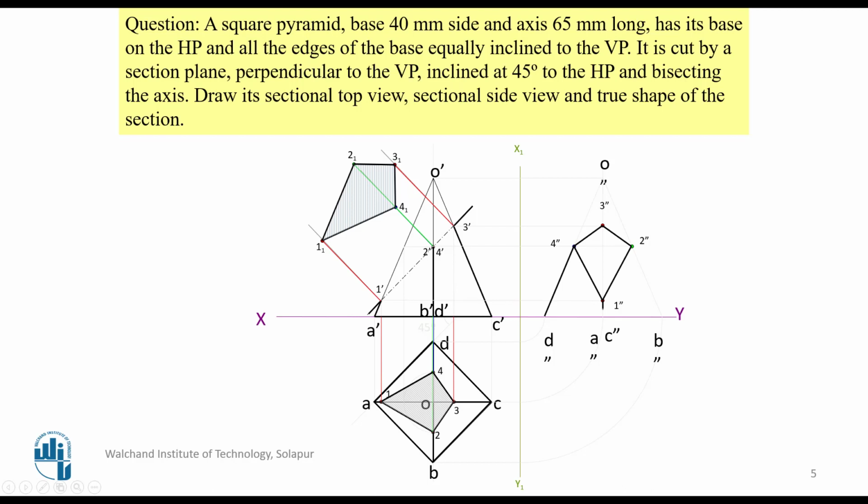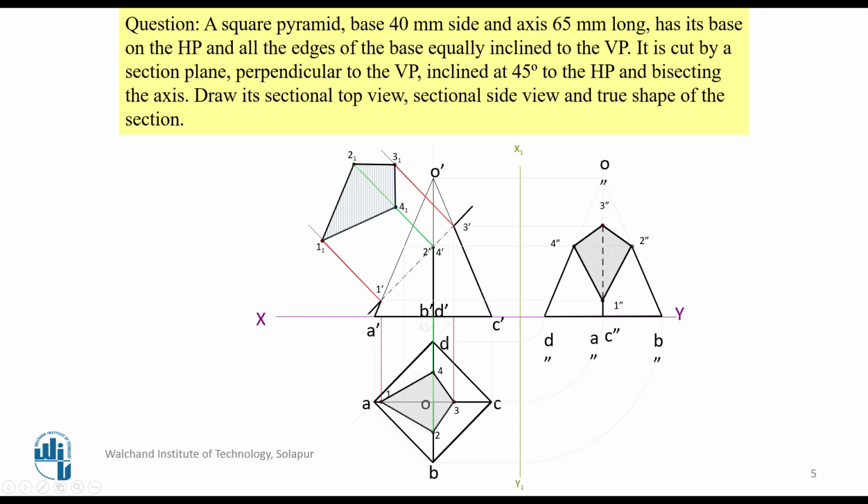So then join all these points. Okay, this you are going to be getting. This dotted line is the backside portion. It is hidden. That is the reason you are going to be drawing this as dotted lines. Okay, you are going to be getting this as a side view like this and make the hatching. There is no compulsion that in the hatching portion you have to show the dotted line. You may show it, you may not show it. Both are going to be considered as correct only.